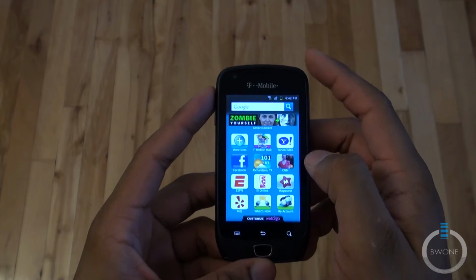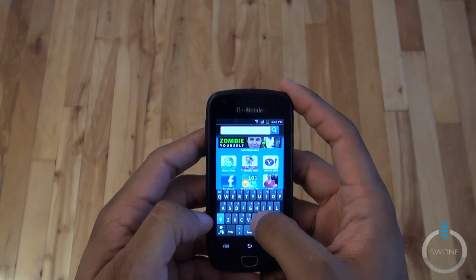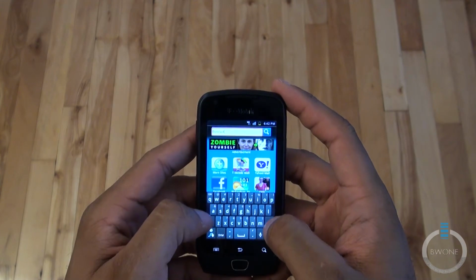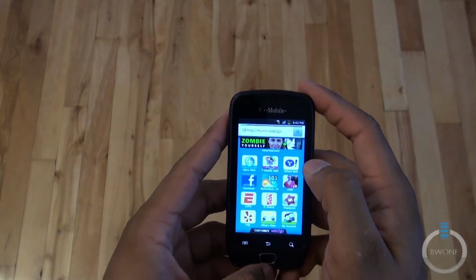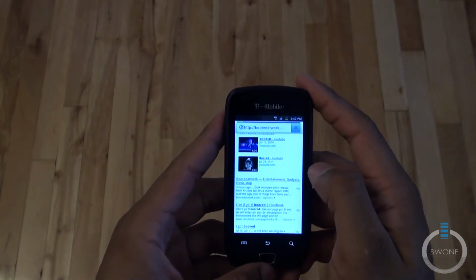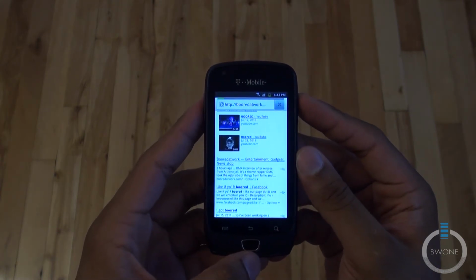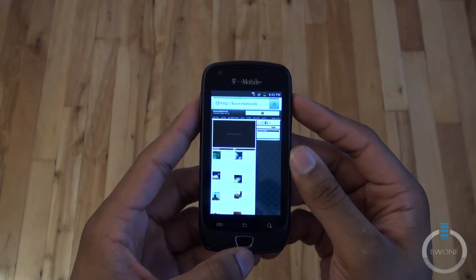Okay, we'll take a quick look here at the web browser. The web browser is the standard browser that you get in Android. We'll actually head over to BWOne's website. Says I can spell it right here, which I never can on these virtual keyboards. If I type in there, we'll Google search it real quickly, and it should be the first site that comes up. There we go. We'll try to show you how the browser works. There you go. It loads up pretty decently fast with the 4G speeds on